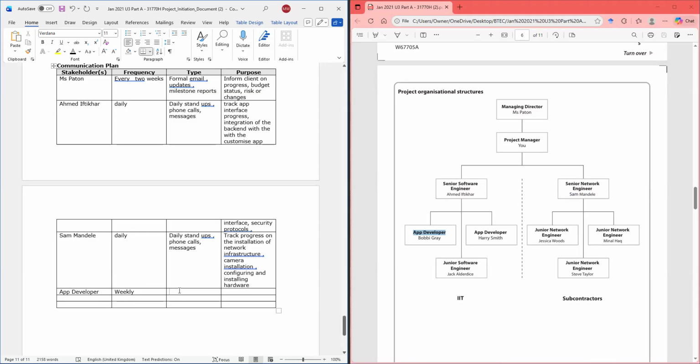And it would be about staff assignments.